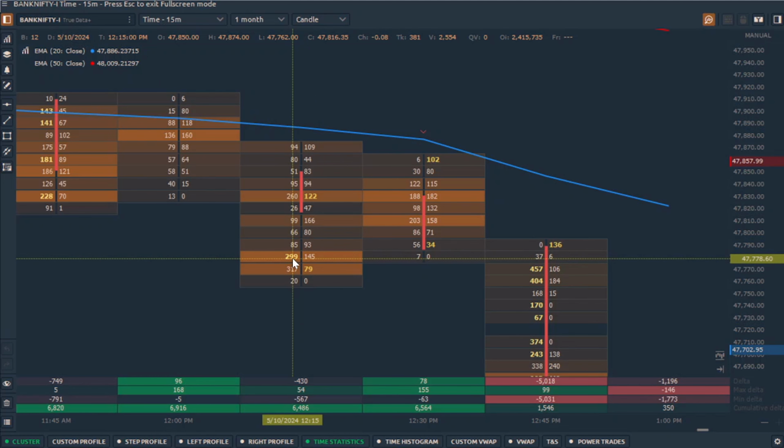So hence we call those traders who deal with market orders aggressive traders. What you see here in a market profile chart is primarily those kind of aggressive orders or trades that have been executed. This is quite useful because generally when you look at market depth, as I said,